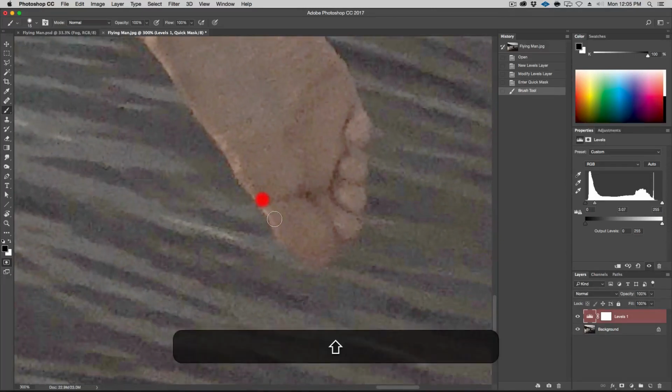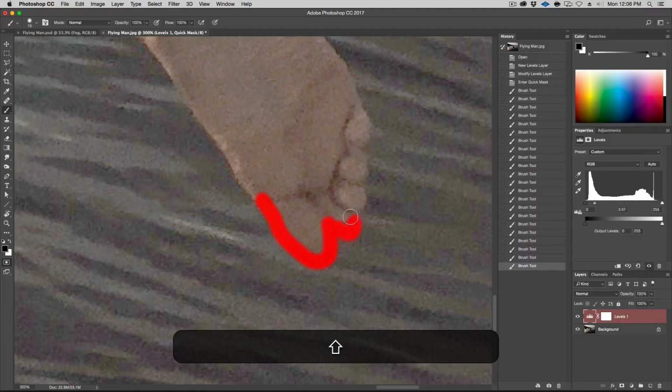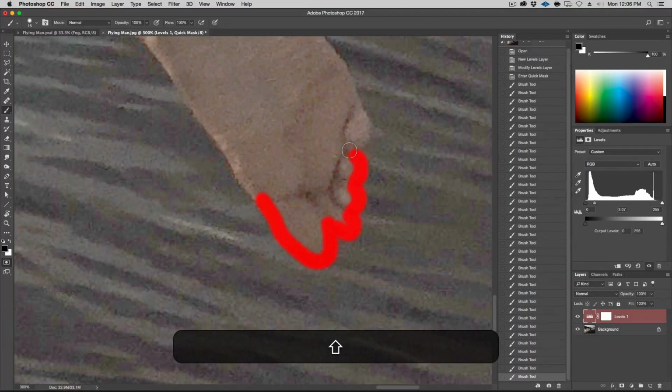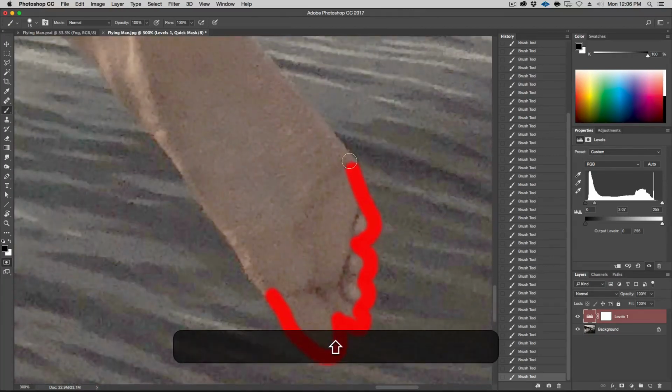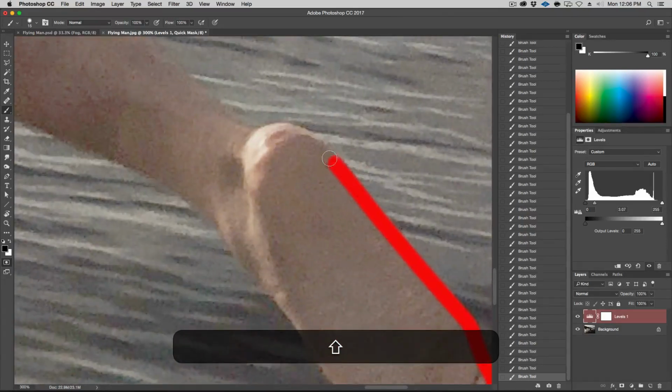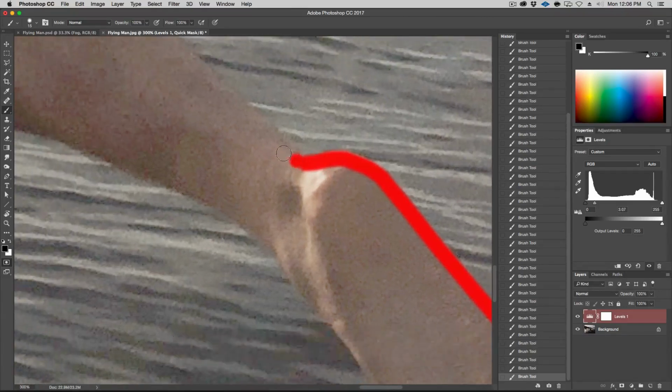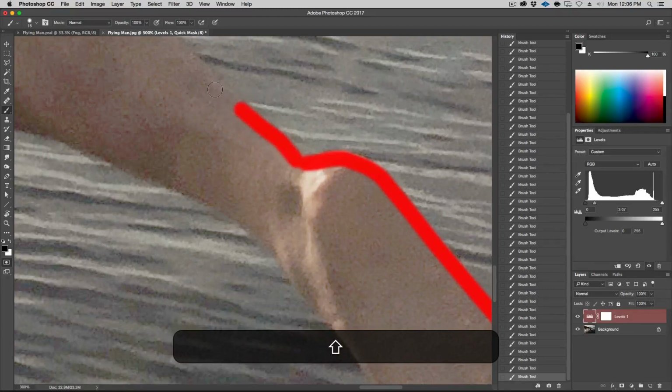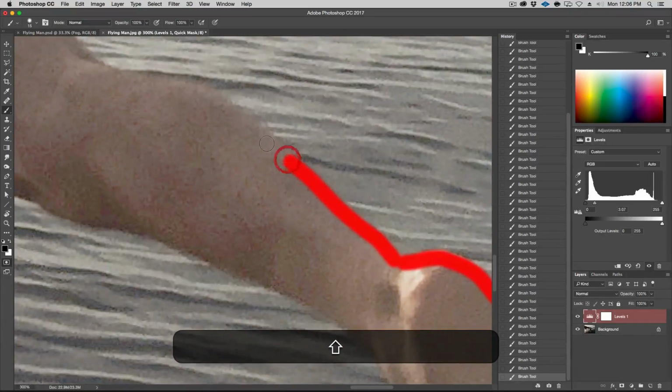Let's just start around here and shift click everywhere around. Basically, shift clicking makes a line between two points. And seeing that the brush has a rounded aspect, it does a sort of a curve from every shift click. So it takes a little bit of getting used to, but once you have it, this method of selecting is actually extremely accurate, and you get really nice soft edges that are editable as well, which we'll see in a minute.